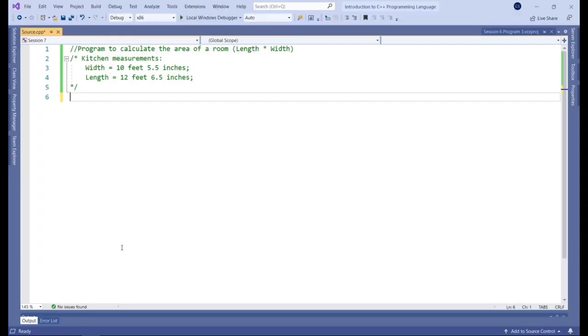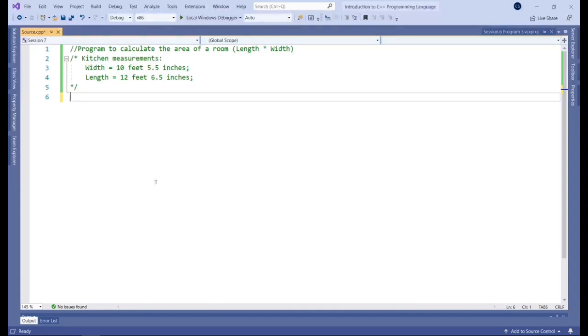Hello and welcome, guys, to session 7 of our introduction to the C++ programming language. And we're going to be going over something that you'll see within C++ programs called a struct. So a data struct, or structure, is basically when you create a group of variables in a way. Think of it that way.